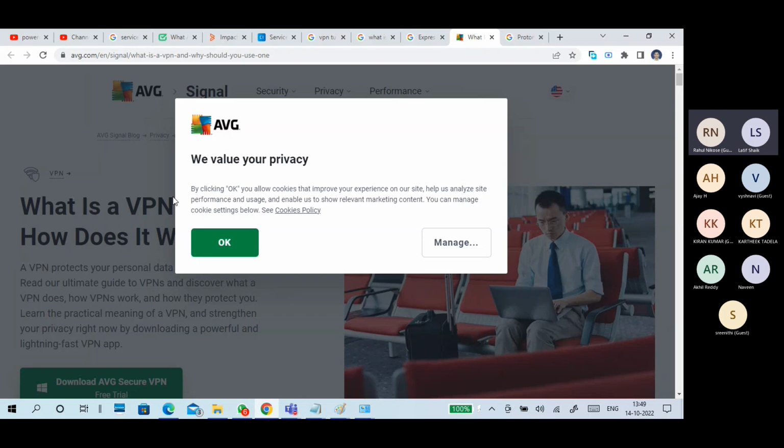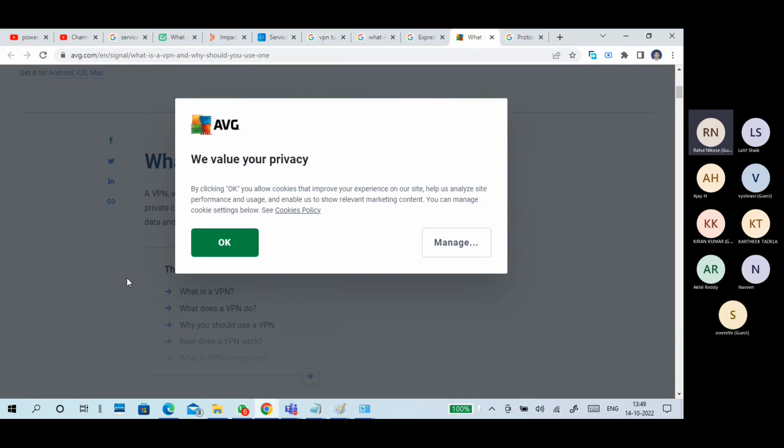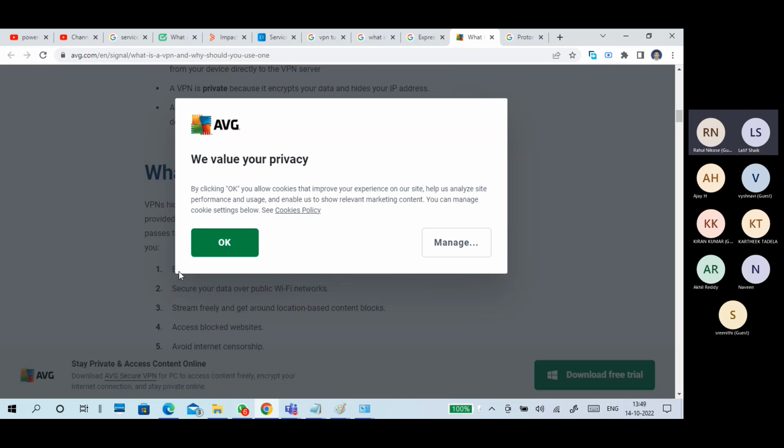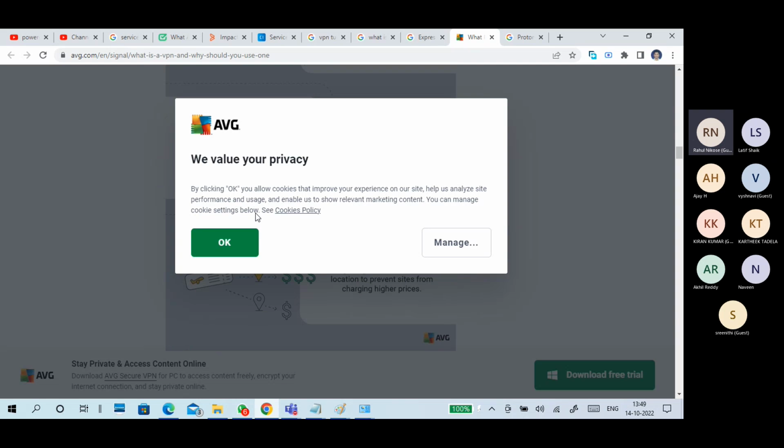First of all it is asking for cookies. So what does a VPN do? What is a private VPN, network VPN? So much data is there. That is a good thing, but it says click OK to allow cookies that improve your experience on our site, help analyze site performance and usage, and help us show relevant marketing content. You can change cookie settings below.